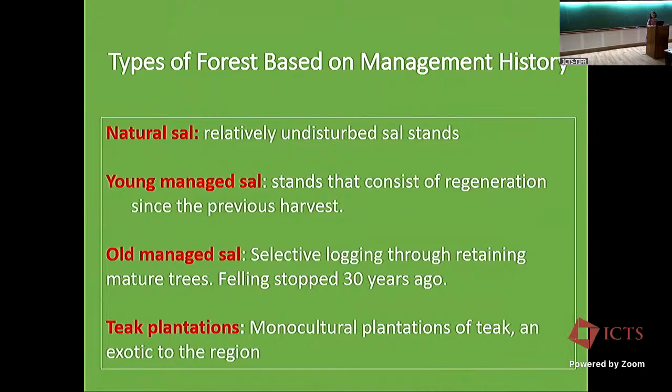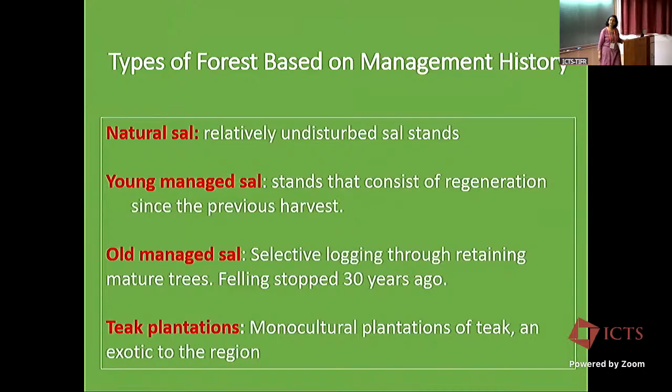There's a tree called the sal tree, which is one of the tallest trees in India. Its wood is very important. It was used for railway sleepers during British times, right? So these forests of sal are heavily managed since British times and up to about the 1990s. So we found 4 different categories of forests with very different looking structure. We have natural sal, which is composed of undisturbed sal stands, which are very old, tall trees. You get young managed sal, which consists of regeneration, younger trees that have grown since the last harvest, and the old managed sal,